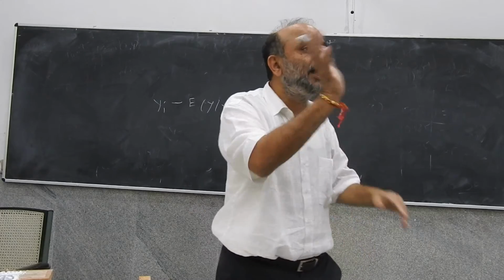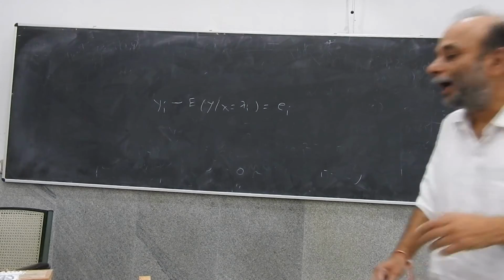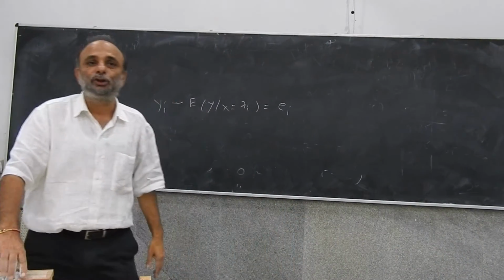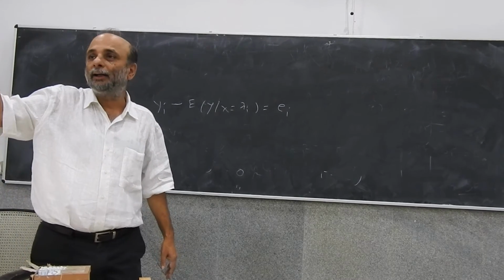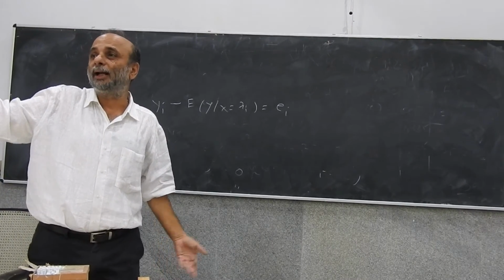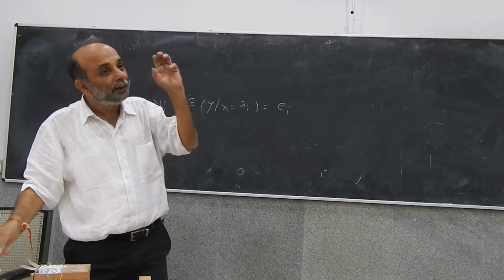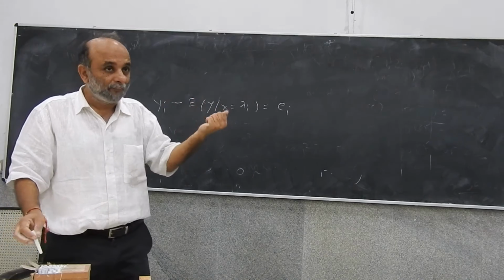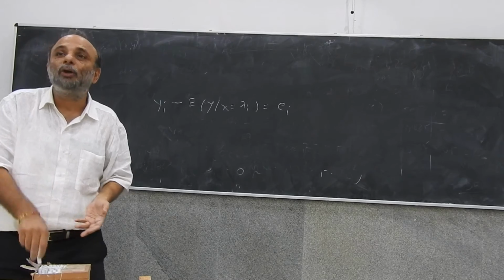So in that sense, ei does not include all the variables that have been omitted and so on. It is just that you can't really predict that outcome. For example, I might know that the average weight of a chalk in this box is say 5 grams. But if I put my hand in randomly, I'll get some chalk which can be 7 grams or 3 grams or whatever. That's an outcome of a pure statistical experiment.